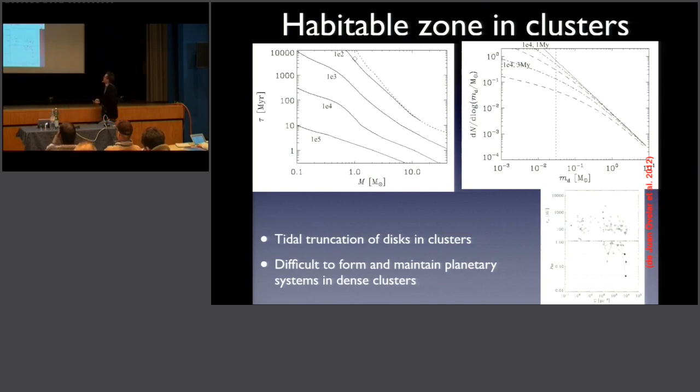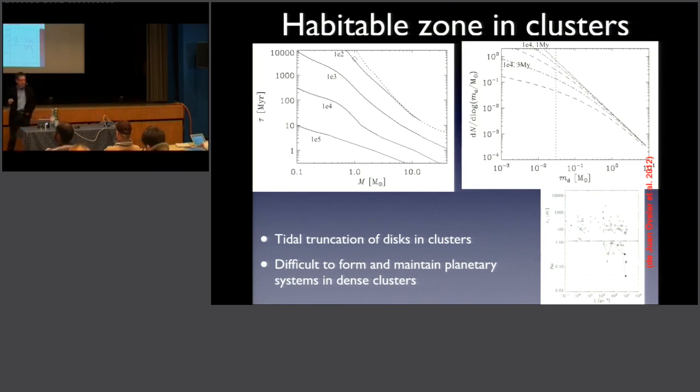But basically, you see that to survive for a time as long as the age of the solar system, with a planet as distant as the Earth from the sun, in these clusters the surface density of stars needs to be less than 100 stars per parsec, I believe,